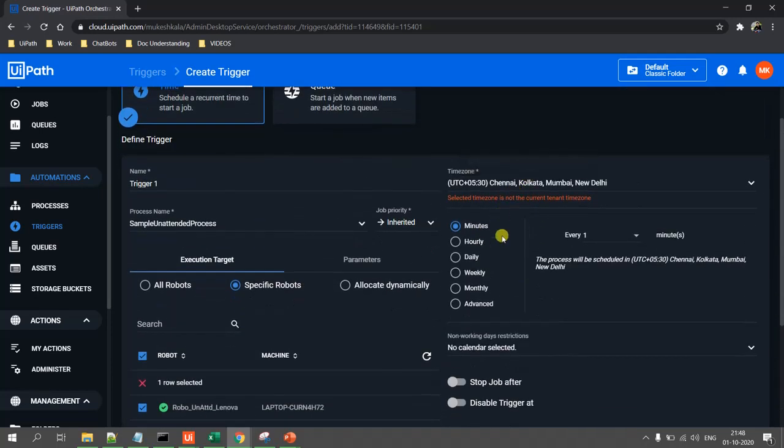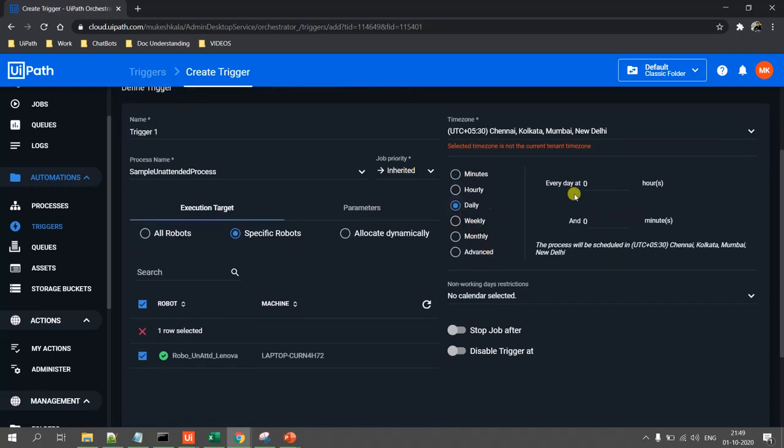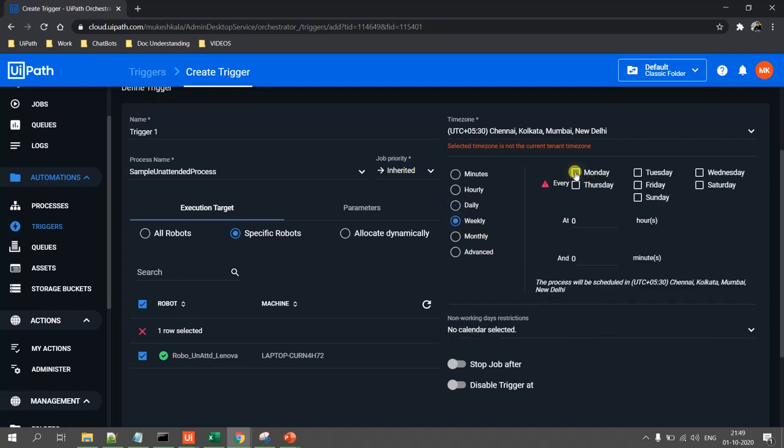I have selected a time zone. Next thing is, how do you want to execute the process? For the demo, we'll execute it every 1 minute or every 5 minutes. We also have the option of executing it daily, or weekly if you want to execute on Monday, Thursday.